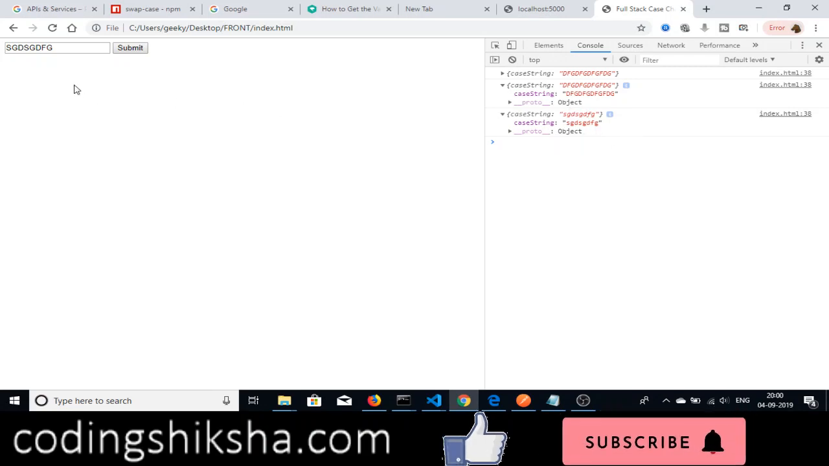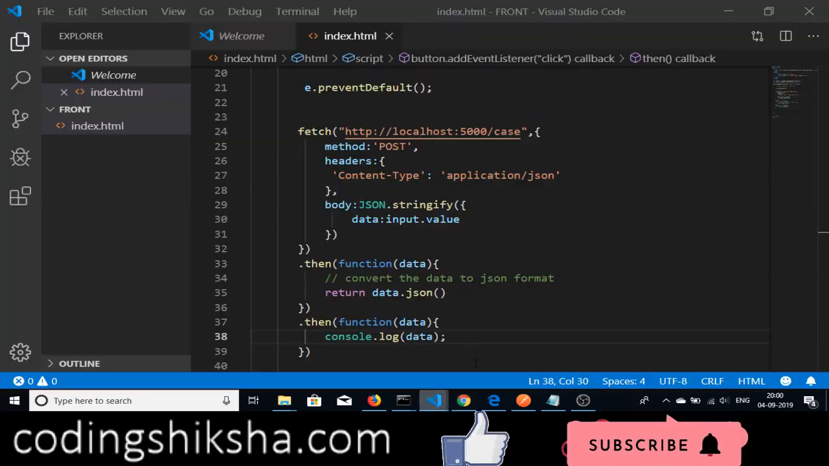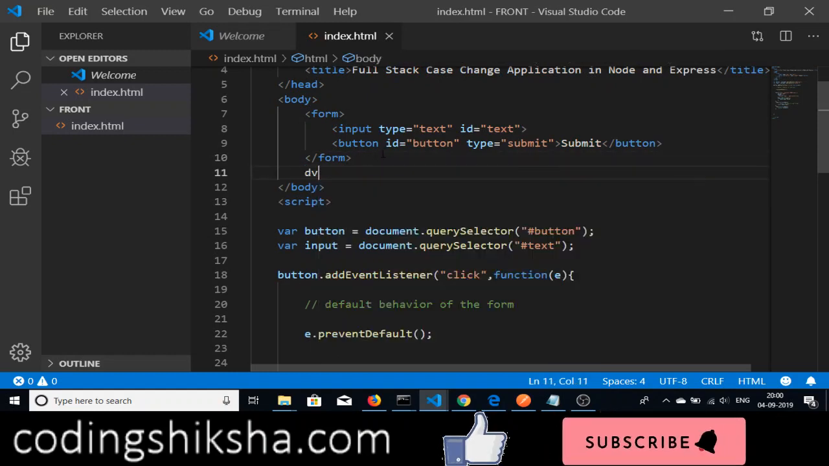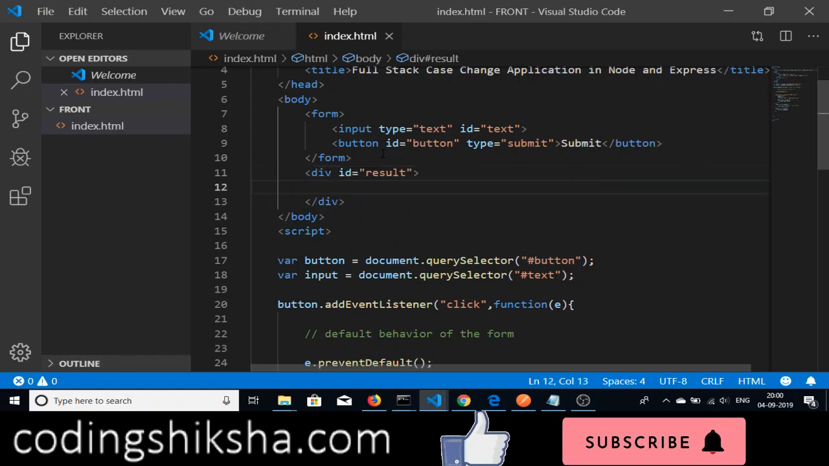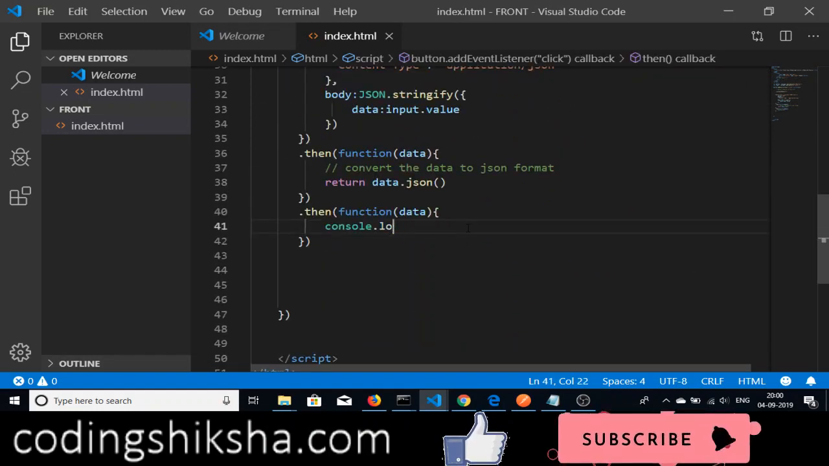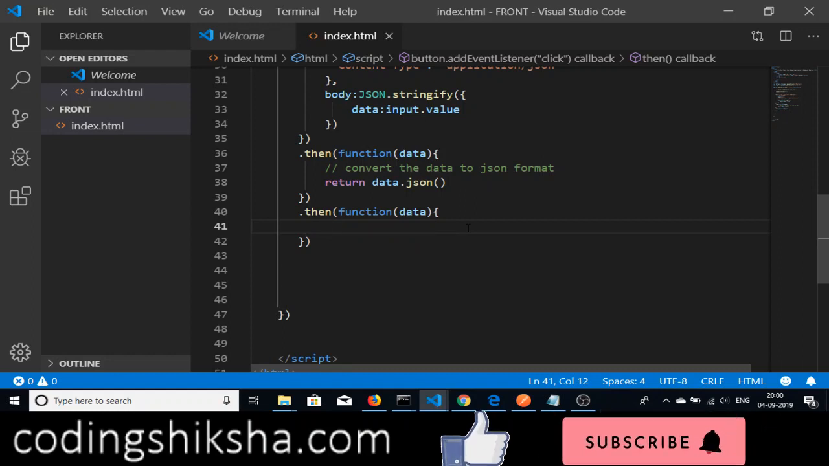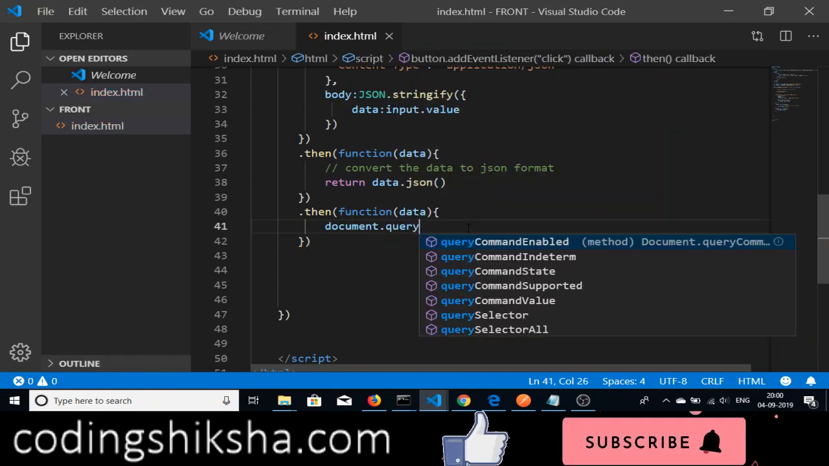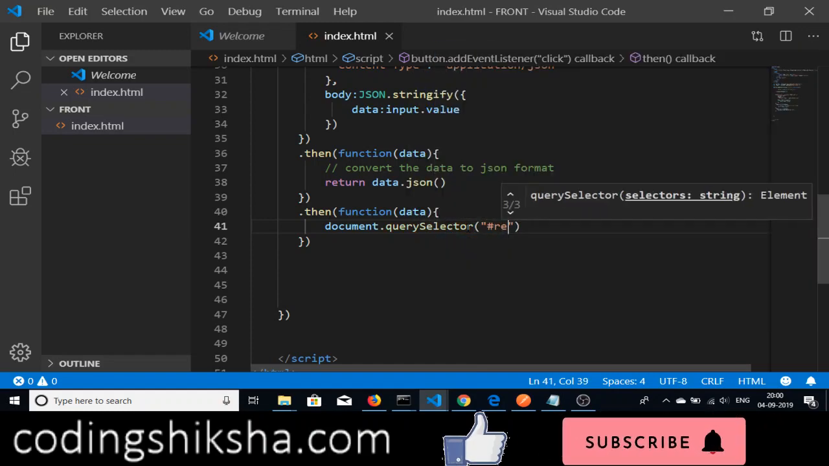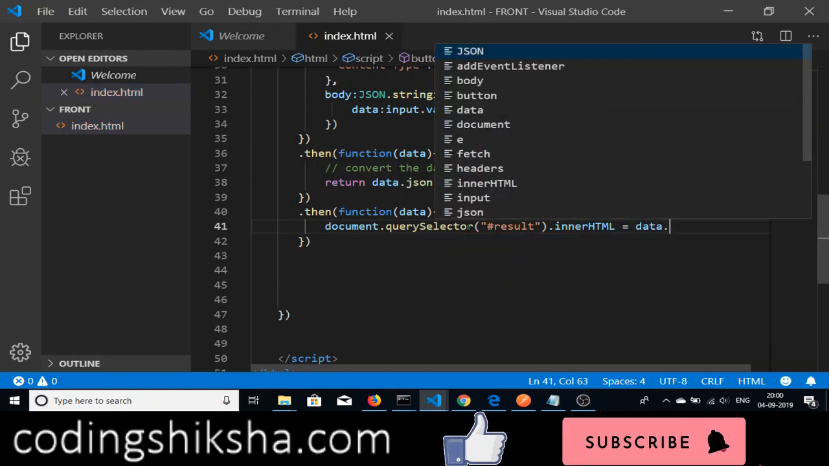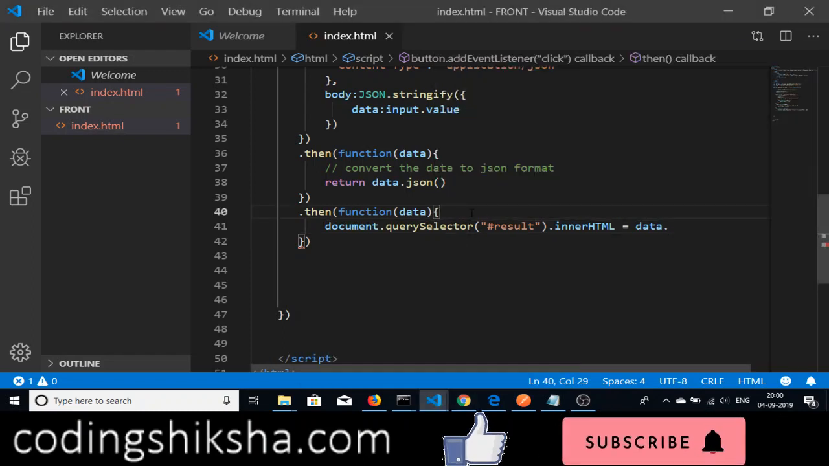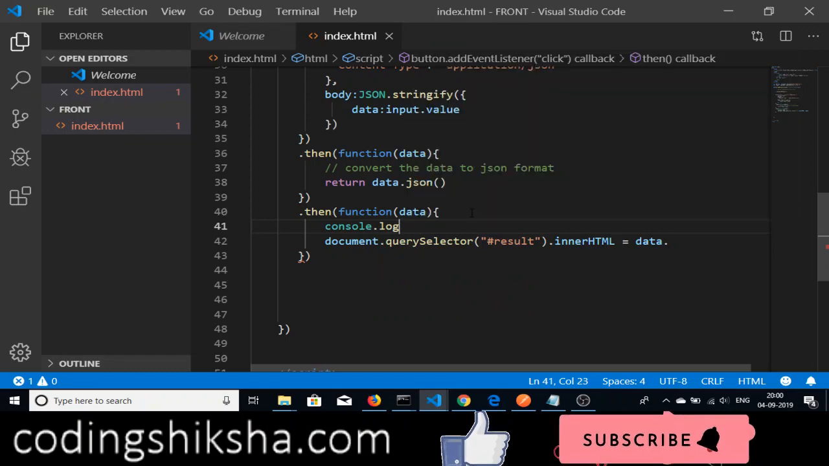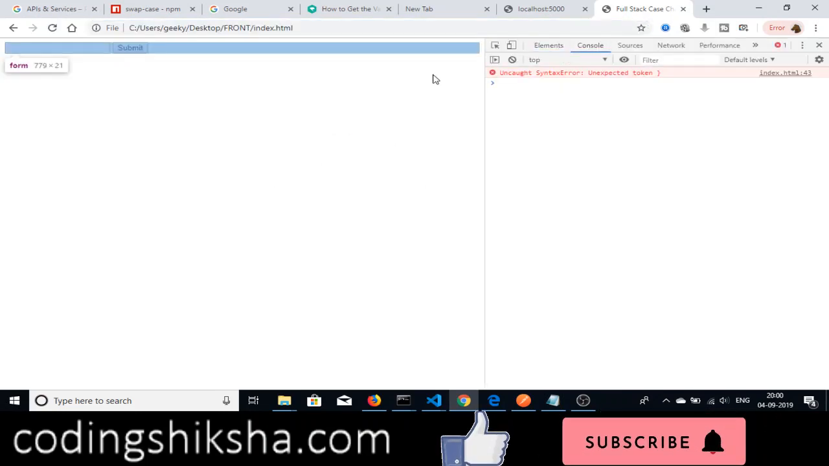So now we just need to print this value onto the browser here. So it is very easy. So just make a div and give it an ID of result, and after that we don't want to console the data, we just need to print it onto the screen. document.querySelector, we will pass this ID of result .innerHTML, and we will be data. So let me just see what was the console log. If I inspect element here, go to the console,